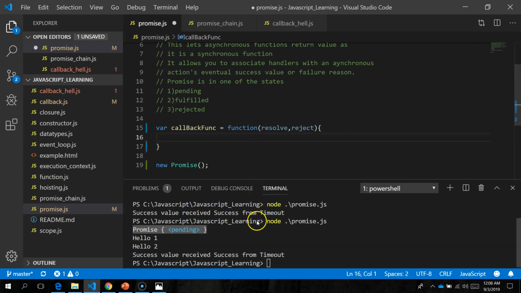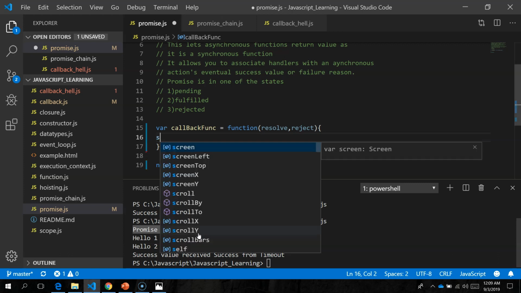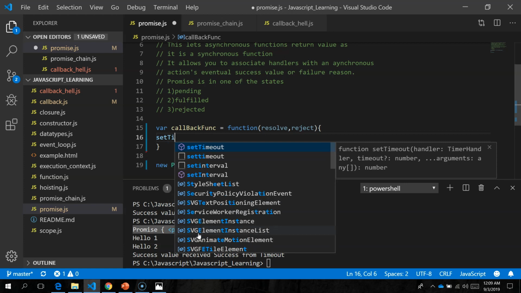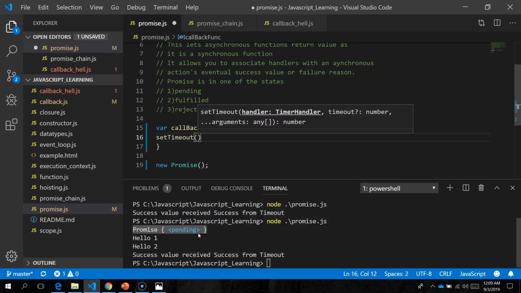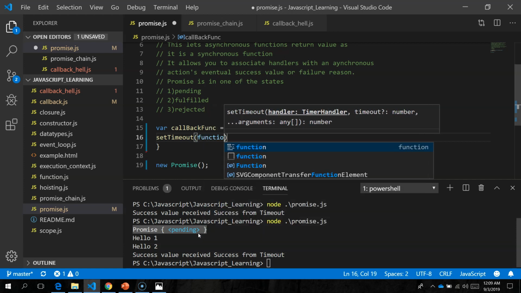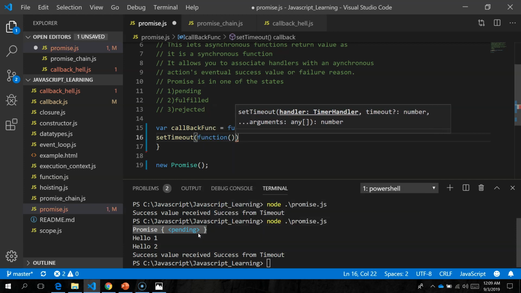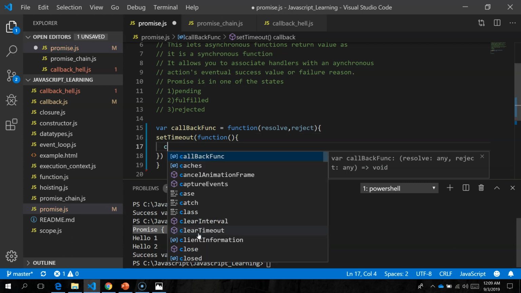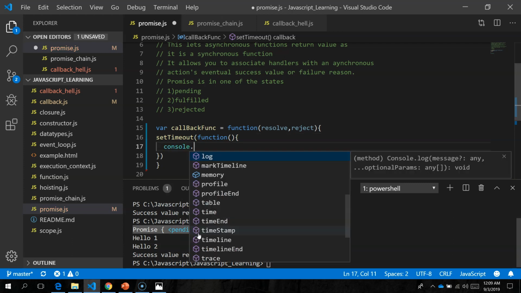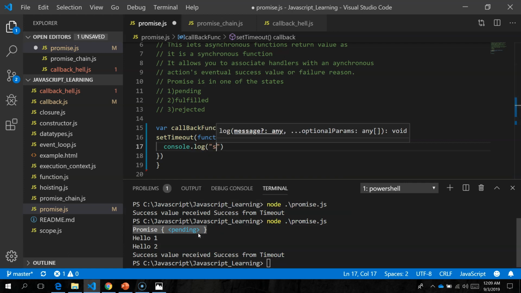Okay. So right here we are supposed to write our asynchronous function, which we don't know when it will return, like setTimeout or any HTTP call. So for better understanding, let me write a setTimeout function here. I will make it print something after a particular timeout. Let me say, setTimeout completed.